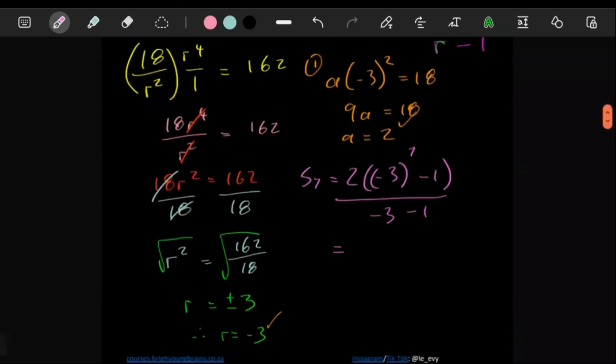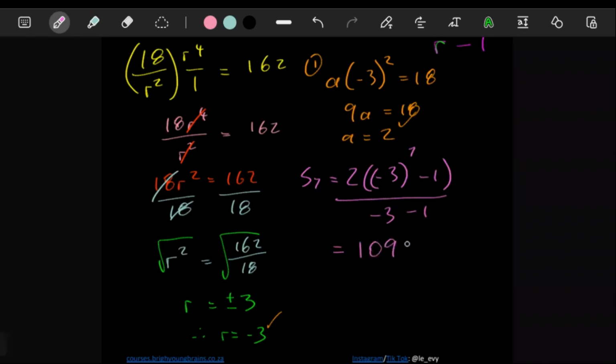Let's put all this in the calculator and see what we are going to get. There's a 2 here, brackets, and then we have -3, the whole thing to the power of 7, and then minus 1, and then we have the -3 minus 1. So this is all good, nothing crazy. The final answer here is